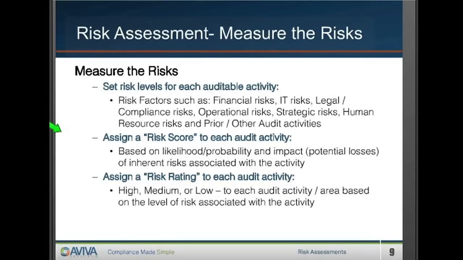What we gravitate towards with our clients, and what our clients have told us in terms of feedback, is we did have the word high, we did have the word low, etc. And then we switched to numbers. The reason why we did that is we were able to calculate in Excel just the average score, and we would round up to be conservative in the risk assessment. So our risk score, if it was a 2.5, it would end up being a 3, which would be a high. But really I want buy-in when I get to the risk score, whether it's 1 to 3 or 1 through 9, etc. In terms of the rating,